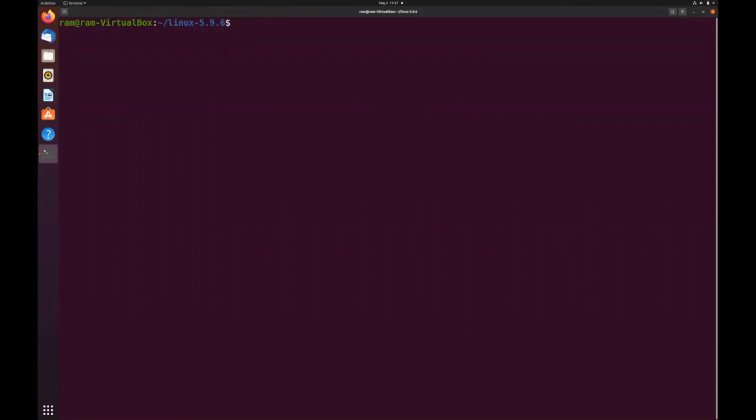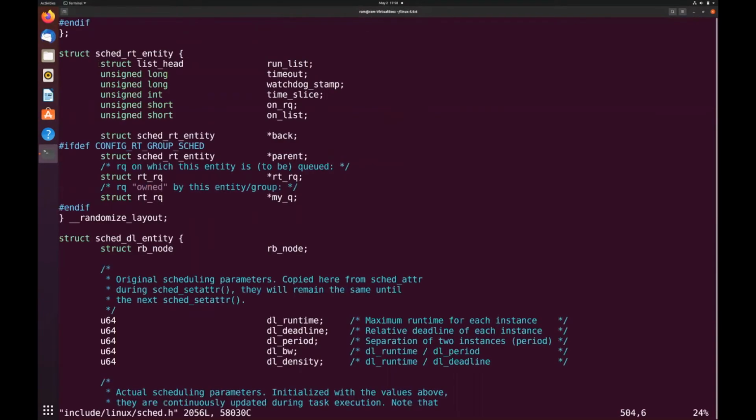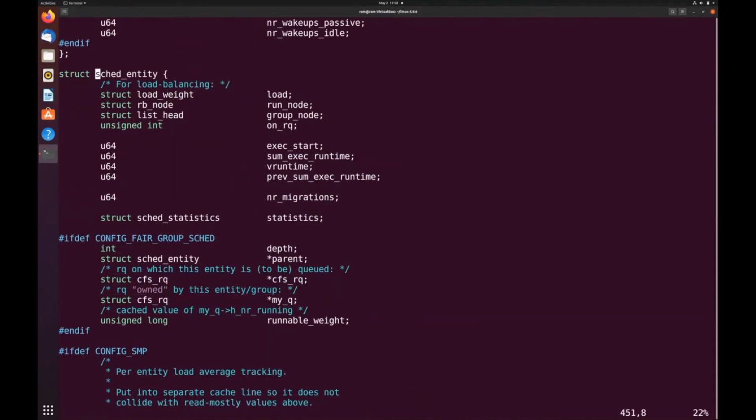Now let's see the Linux implementation of scheduler structures and different functions. This is the schedule entity structure. Here you can see it is the node of the red black tree, and this variable on RQ is set when the task is enqueued into the red black tree, and this is the execution start time of the process on the processor.